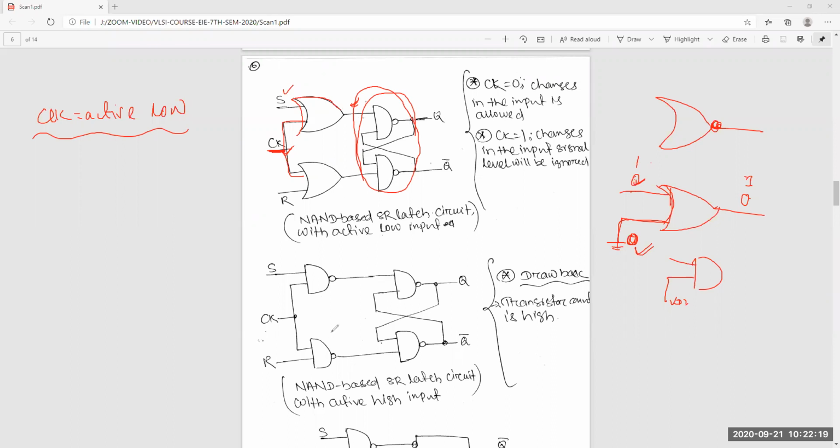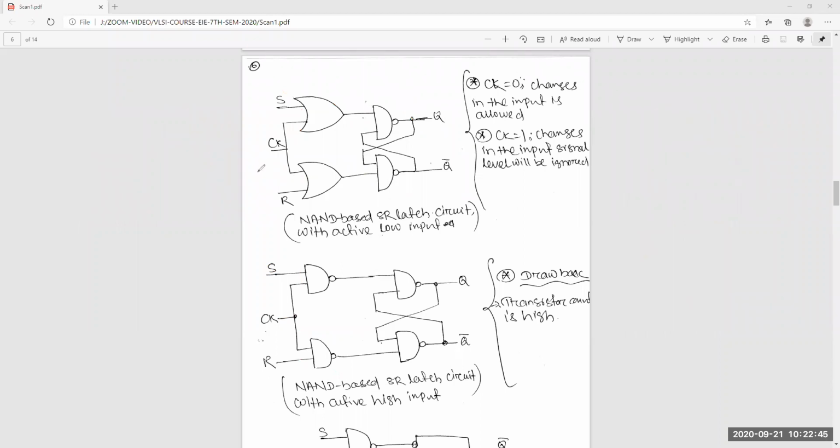Okay, and also here is another version of this circuit. You can use active high also for using the NAND gate. If you use active high, then whatever you give as S and R will come here, if it is in NAND gate. Both are the same, this and this you can use, but the problem is, it is not AOI or OAI, so you will use more transistors here.